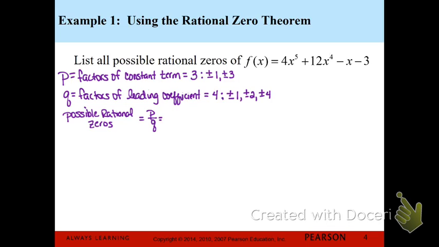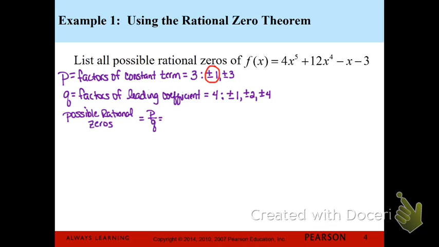Some people like to do the opposite. They take all their Q's and they take both of their P's over the first Q. Both of the P's then over the second Q. Doesn't matter, you need to pick some type of pattern. Whatever works for you. So let's take our first P here, the plus or minus 1, and let's divide it